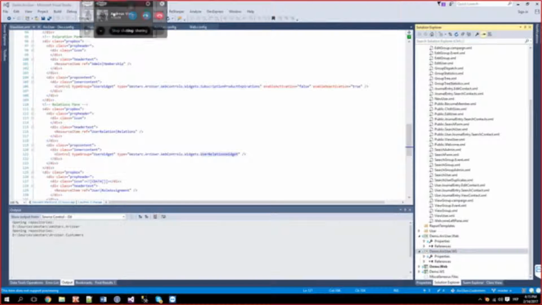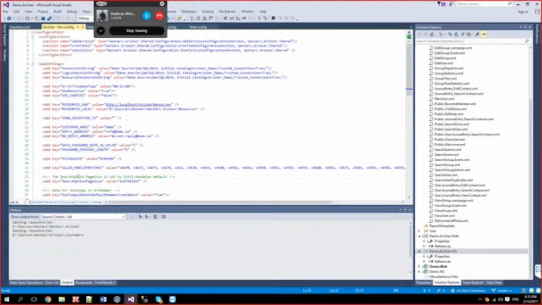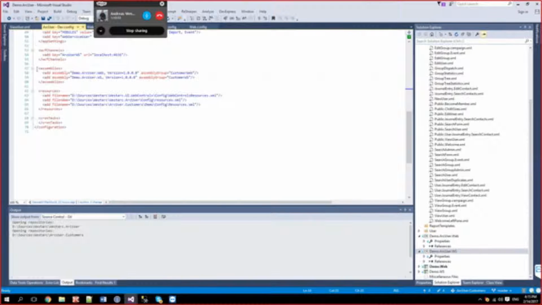Okay. So if we have a quick look at this Arc user dev config, here is how we map the assembly groups.